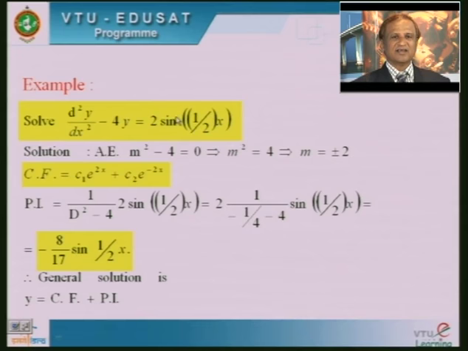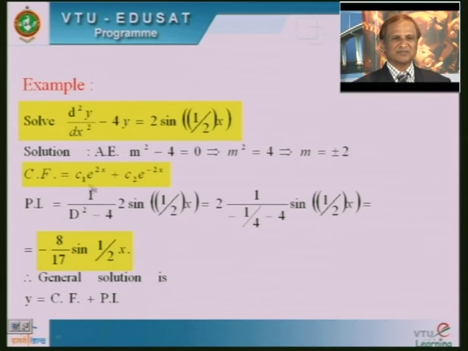Is it clear? Right? And in some examples you may obtain the term D cube. As I have mentioned, we want to identify only D square, right? So you may obtain the term D cube. In such a situation, you can make it a D square. Is it clear? How do you make D cube as D square? It is very simple. D cube can be written as D into D square. Is it clear? D into D square, and D square can be replaced by minus a square.